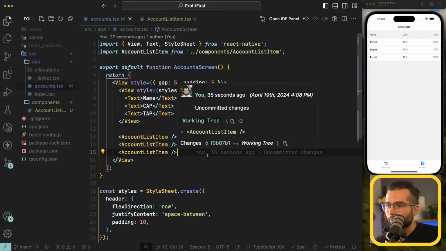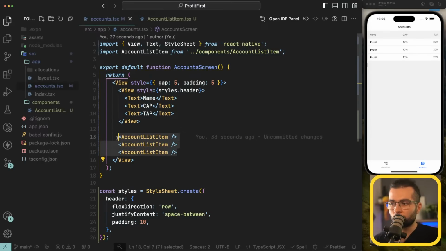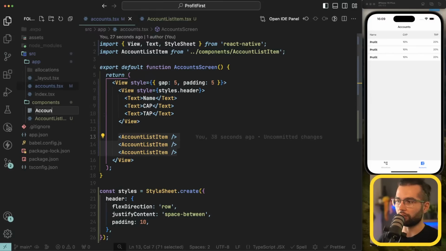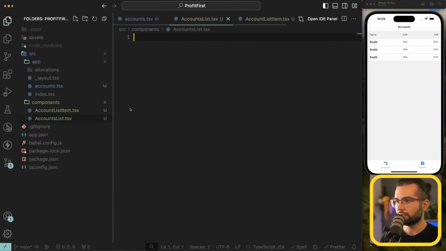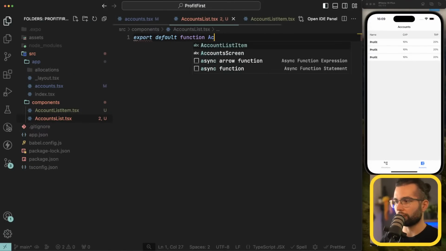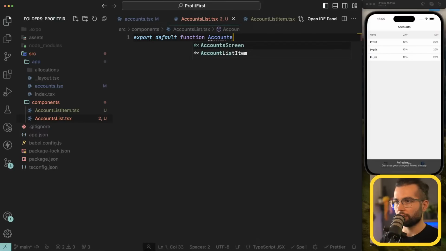Another thing that I'm gonna do is group this list together in a separate component that is going to be responsible for fetching the list and rendering the list. So let's go ahead in the components and actually create a new component, account list.tsx. So the account list is going to be export default function accounts list,